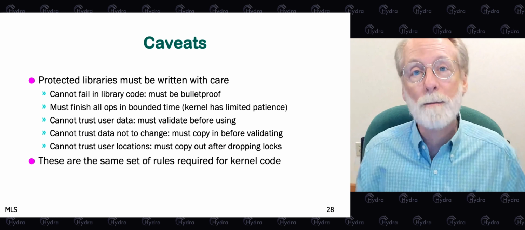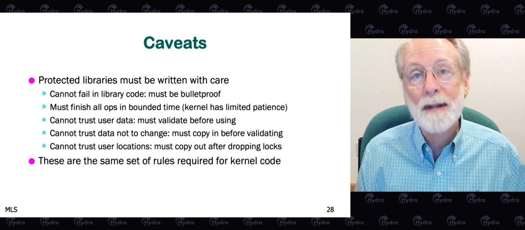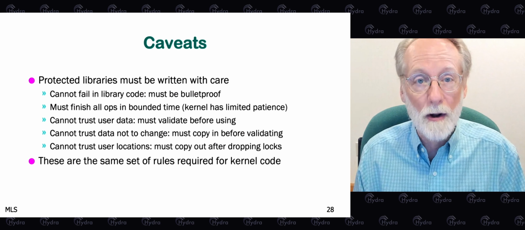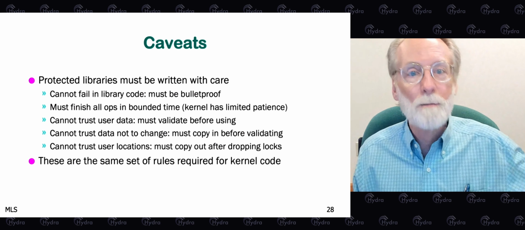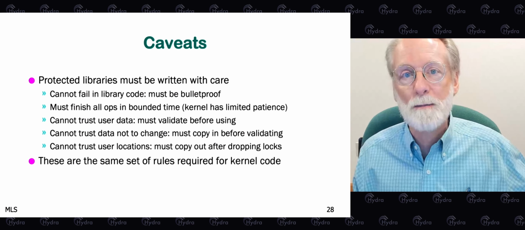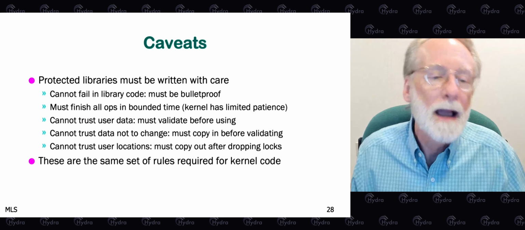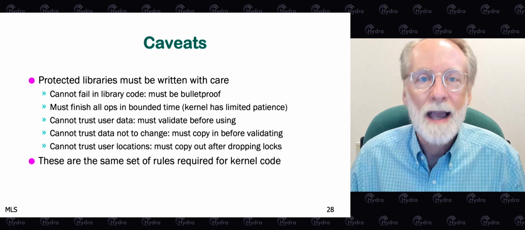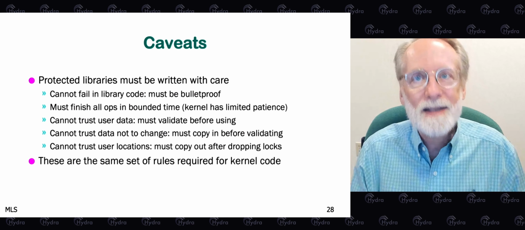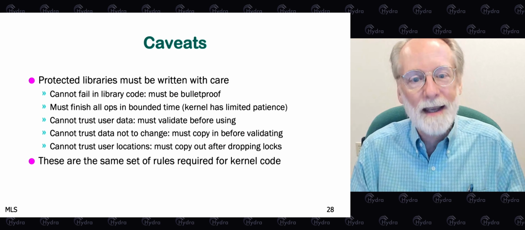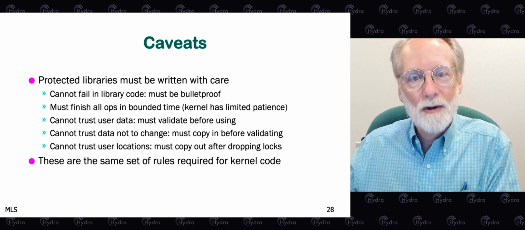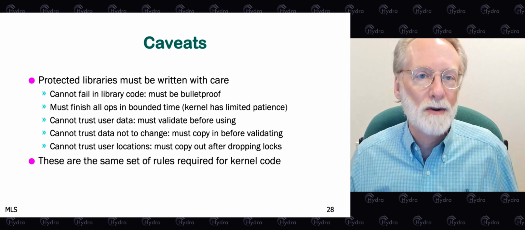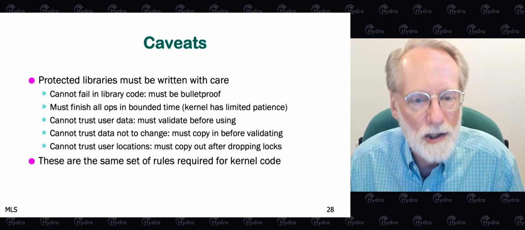Kernels do copy from user space before they start manipulating data that is critical for correct behavior in the kernel. They won't do repeated reads from user space without revalidating. And so too must a Hodor library not count on user data not to change. And if that data needs to be valid in order to avoid crashes inside the library, then you need to copy it out of user space into the library space before doing the validation.